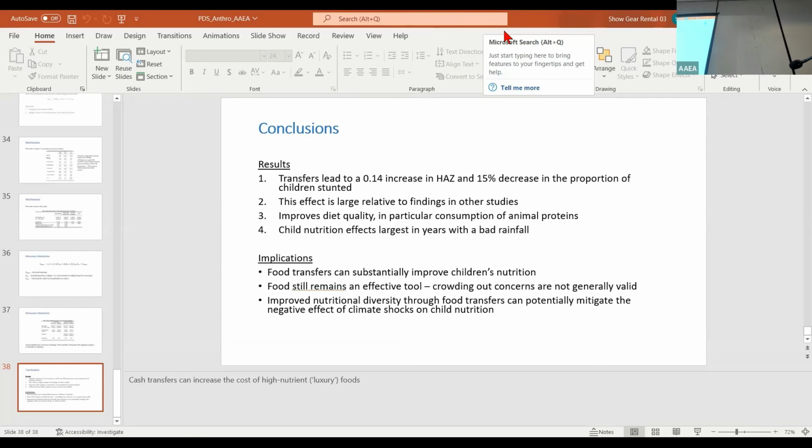Other questions for any of the presenters? Yeah, would you be able to put this into perspective of climate effects, meaning that you have a bad climate shock and the policy seems to largely mitigate the climate effects? But I'm wondering how large that would be. How far can we mitigate climate using transfers?